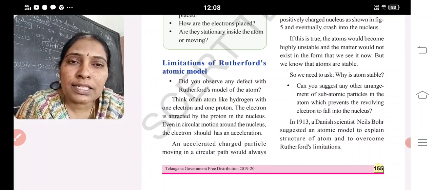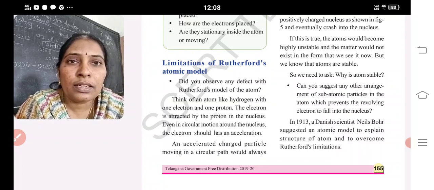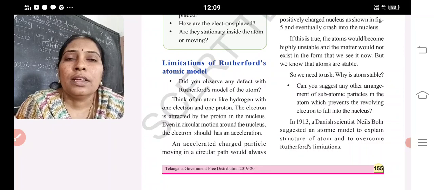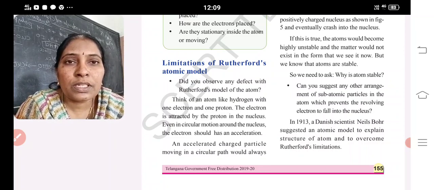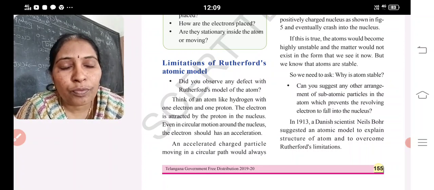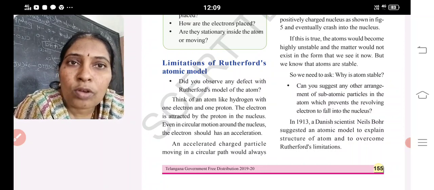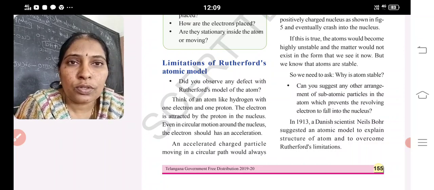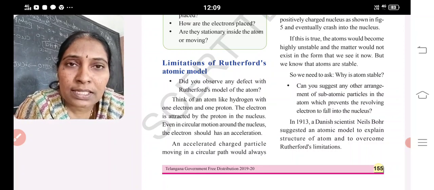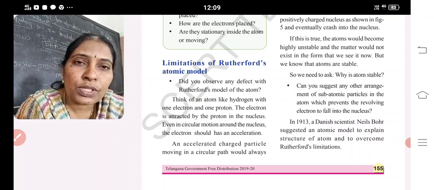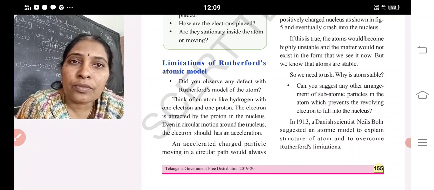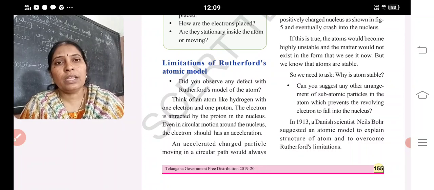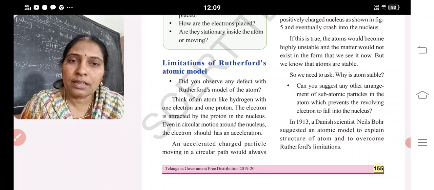But after the discovery of the Rutherford model, there is no place for the Thomson model, because Rutherford's theory is not supporting it. Then we find a drawback in the Thomson model. What is the drawback? It is highly impossible to place two opposite charges in the same place. Because from inside the positive charge, definitely positive charge will come out, but we are saying a negative charge may be present. That is the drawback of his model.